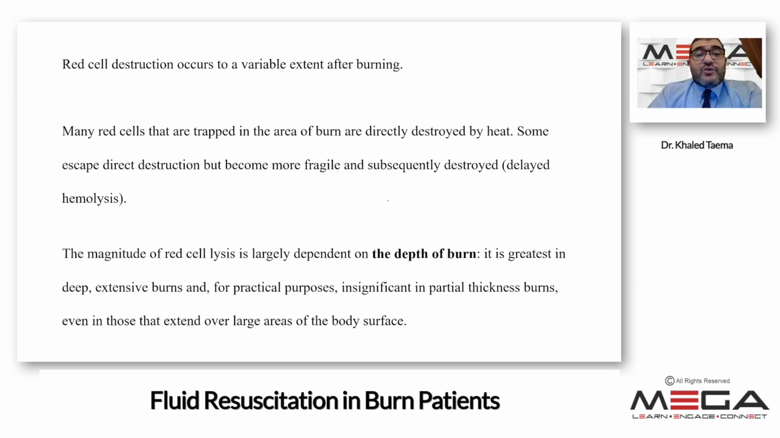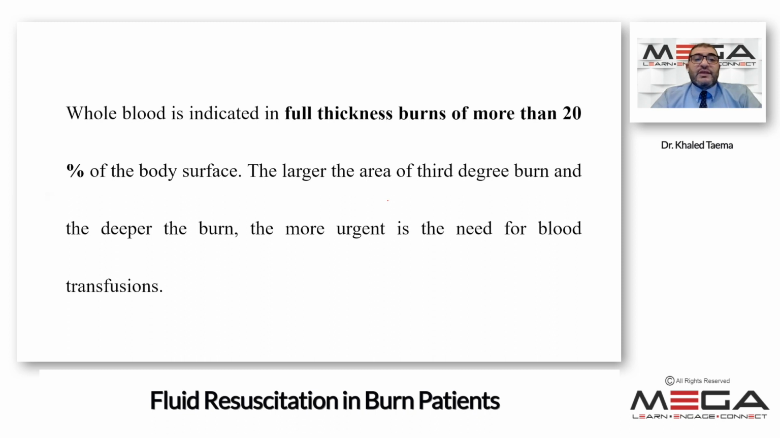Red cell destruction occurs to a variable extent. There is a direct destruction of the red blood cells. There is delayed destruction of the RBCs that occurs due to fragile RBCs and the effect of the smaller destruction. However, the magnitude of red cell destruction is dependent on the depth of the burn rather than the surface area of the burn. So the blood